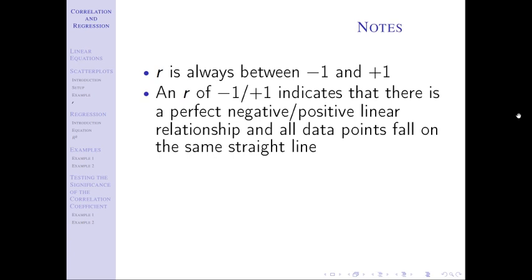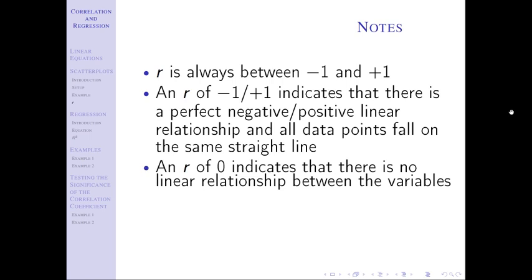So we already mentioned R is always between -1 and 1. And if you land at either one of those values, that means you have a perfect relationship and all of the points fall on the same straight line. So we talked about the magnitude tells you how close the points are to this line. If you actually do hit 1, it's so strong, it's perfect, and all the points fall on the line. If you have a correlation of 0.99, it would mean that the points almost all fall in the same straight line. There's just a tiny bit of error there, a little bit off, but almost right on that line. And then again, the further away you get from 1, the further the points would be from that line, all the way down until 0, which indicates that there's no linear relationship between the variables.